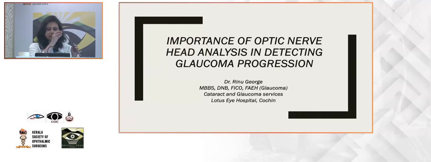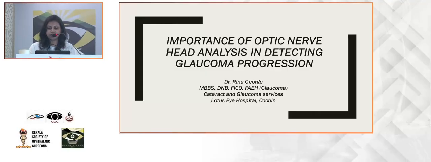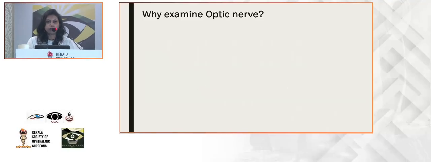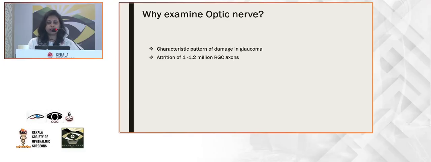My topic for discussion today is the importance of optic nerve head analysis in detecting glaucoma progression. So why do we need to examine the optic nerve? Because it is the site where the damage due to glaucoma is most prevalent or most seen. The optic nerve is nothing but a bundle of axons of retinal ganglion cells as it exits from the retina